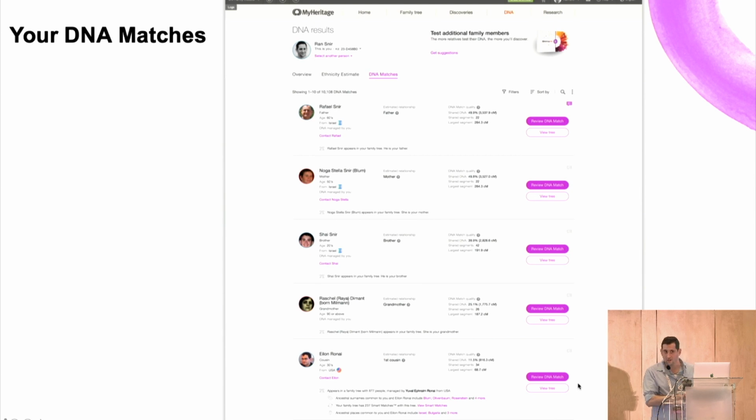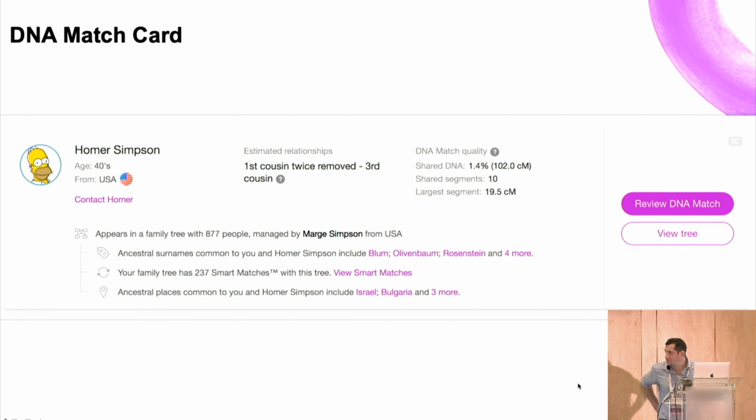So this is your list of DNA matches if you have taken a test with us, and let's zoom in into a DNA match and see what we can tell you about it. Like, what's the starting point, right? You got your results, you log in, you look at your list, and you want to understand how these people are related to you. So let's take, for example, my first match, one of my closest matches. So this is one Mr. Homer Simpson,